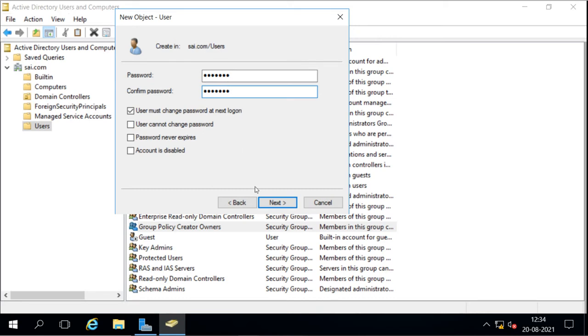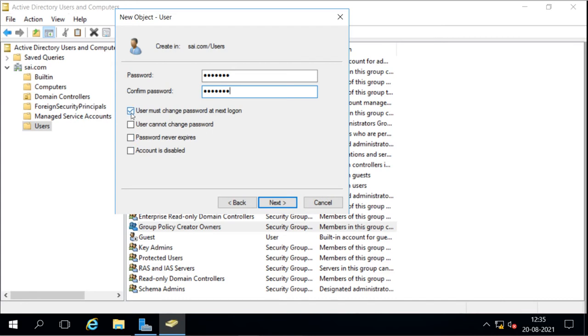So suppose the administrator creates 100 users. What do administrators do? They create those 100 users with the same default password, so everyone knows what the password is. So the administrator will force them to change the password at next logon, so that when the user logs in, they are forced to change the password. Otherwise everyone will have the same password and they can use each other's account.